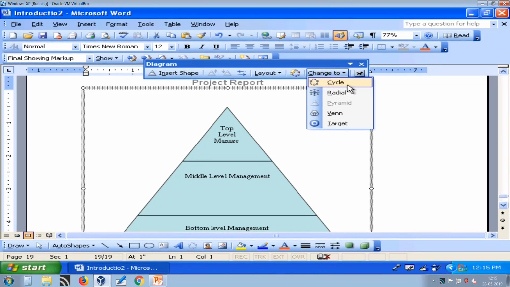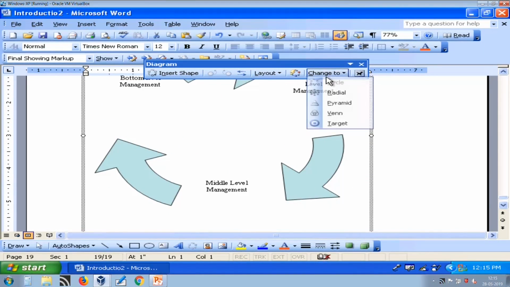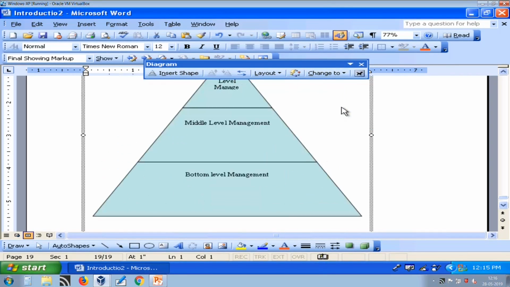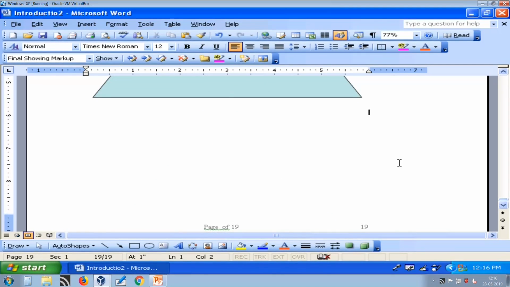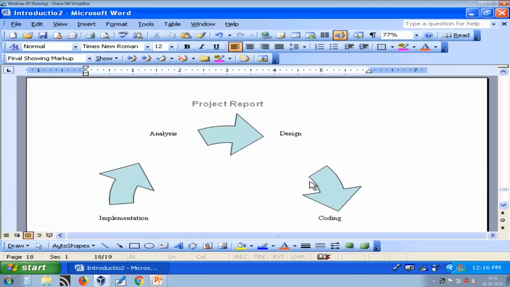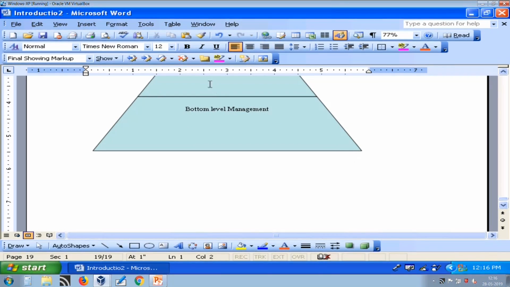You can easily change it to some other diagram like cycle, or again we go to pyramid. So, these not only allow you to create diagrams, but you can quickly change between diagrams if you require.